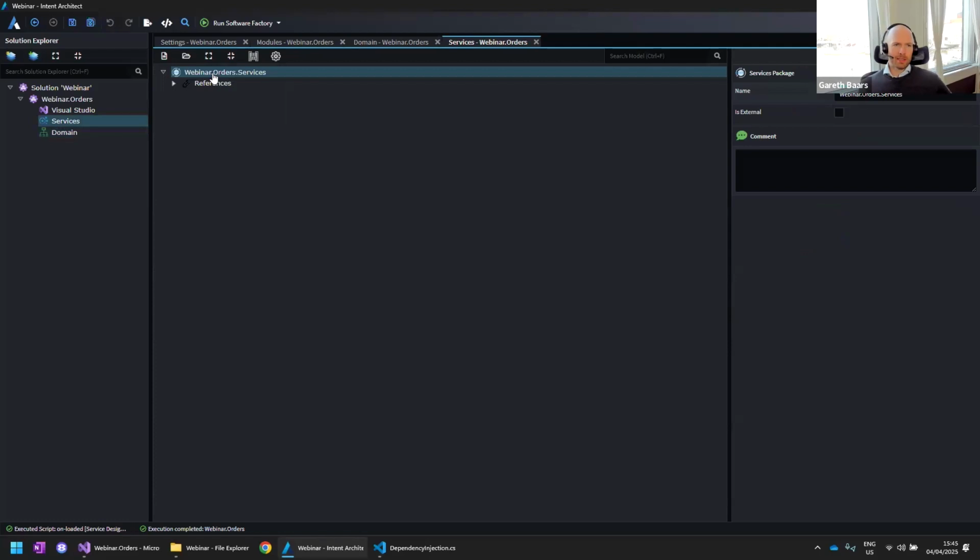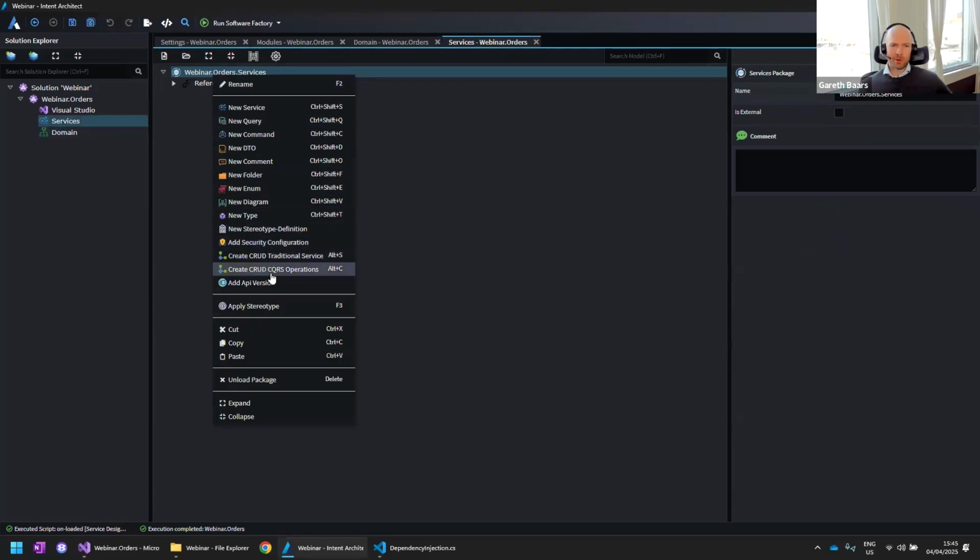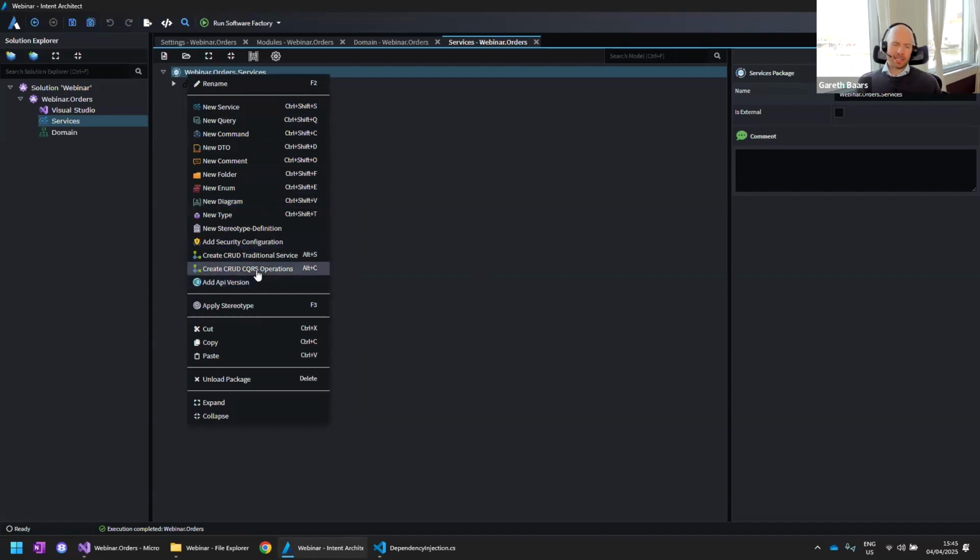And what I'm going to do here is start using what we call an accelerator. Now, what is an accelerator? Because I know that I've got a pretty much developer audience today, an accelerator is quite simply a JavaScript script that instructs the Intent Architect designer to do some work for us. Accelerators essentially allow you to programmatically automate work that you would otherwise have to do step by step yourself inside of the Intent Architect designer.